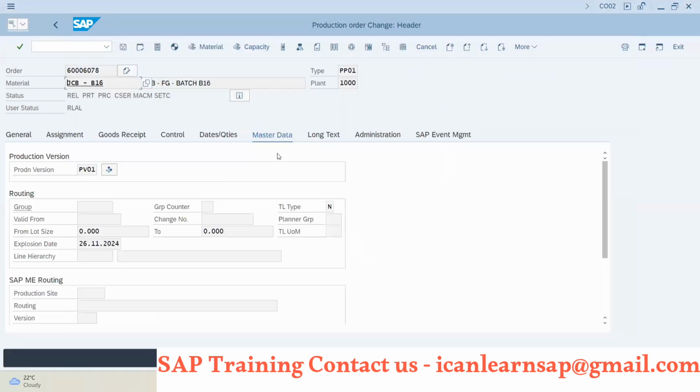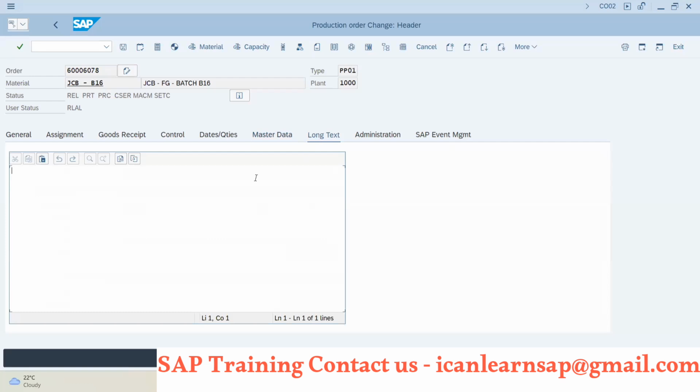So we'll park this point for today. I will do the analysis of this and get back to you. But you understand all master data we can see over here. Once the order is created and released, we cannot change the master data. Or if you change any master data, it will not impact it over here. Suppose we have changed the BOM, it will not impact over here.